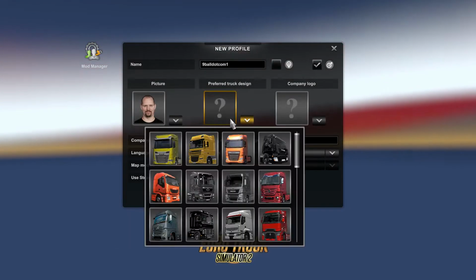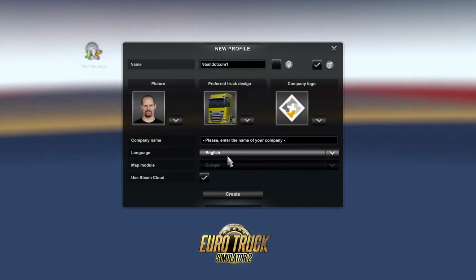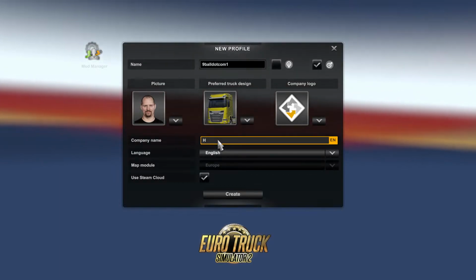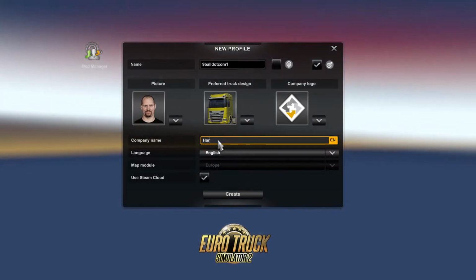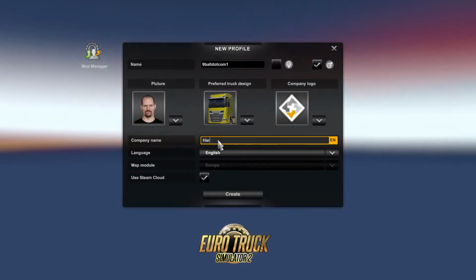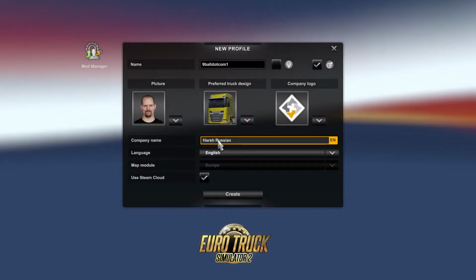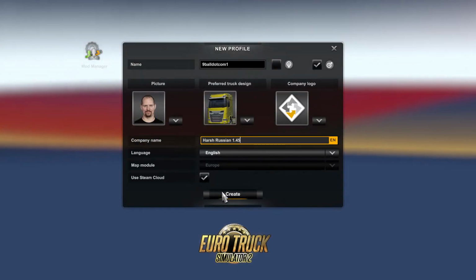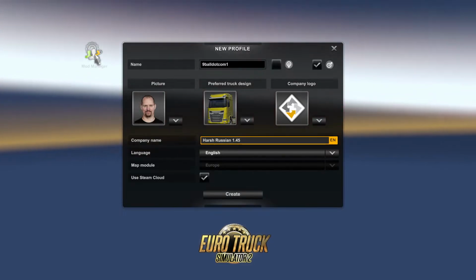What you do is pick your picture, whatever it's going to be, pick your truck, pick your logo, and put in the name of your company. We'll put Harsh Russian 1.45, and you don't hit create. That's a big no-no. You obviously have to put the mods in first. So if we go in there,